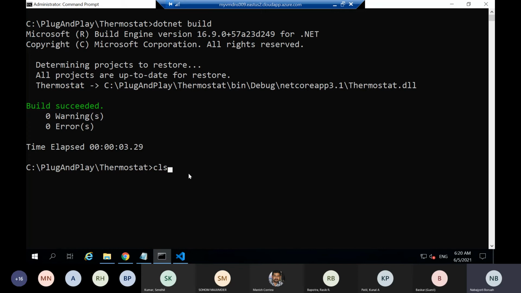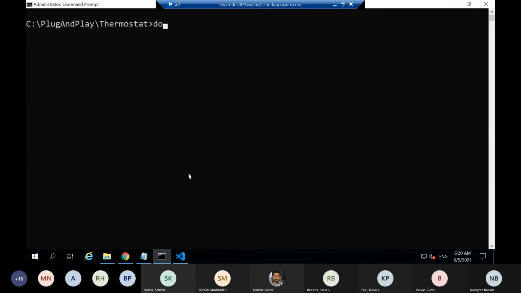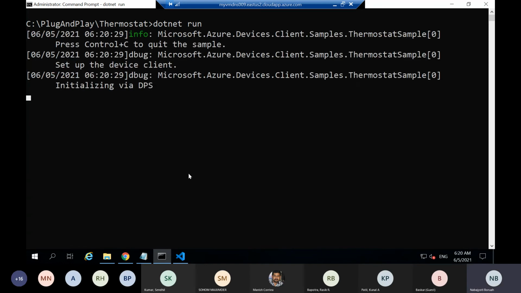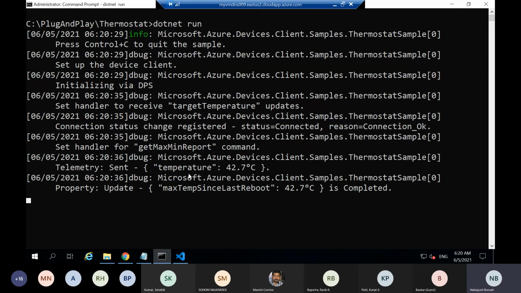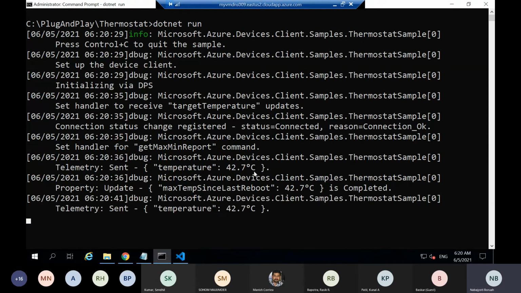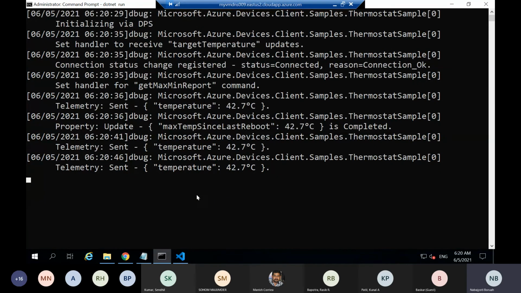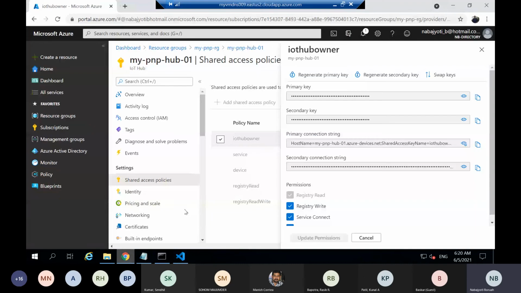So if everything goes well, I should be able to connect to the IoT hub and start sending the temperature. So you can see the temperature is being sent. Device, everything is fine. So it keeps sending. Now I can go back